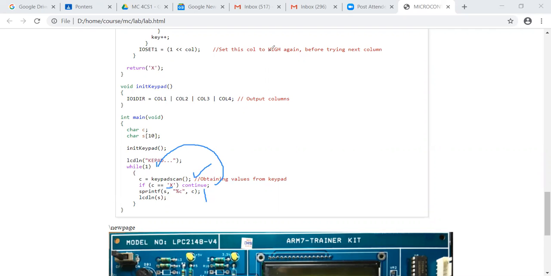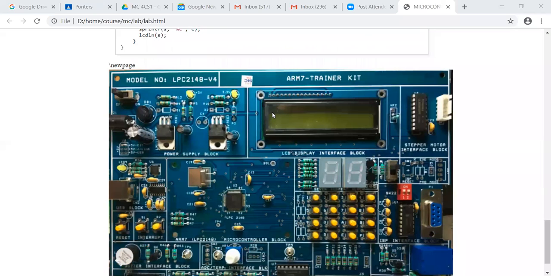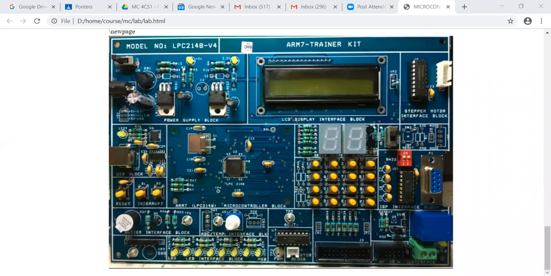So this is the logic of the keypad scan program, and maybe I'll go down to the board now. If you compile this program on Keil IDE without errors, go to FlashMagic, select the X file corresponding to this experiment, and download it using the USB connection. This is a USB connection, and of course there is a power switch here. By default it will be off. You can turn it on here,